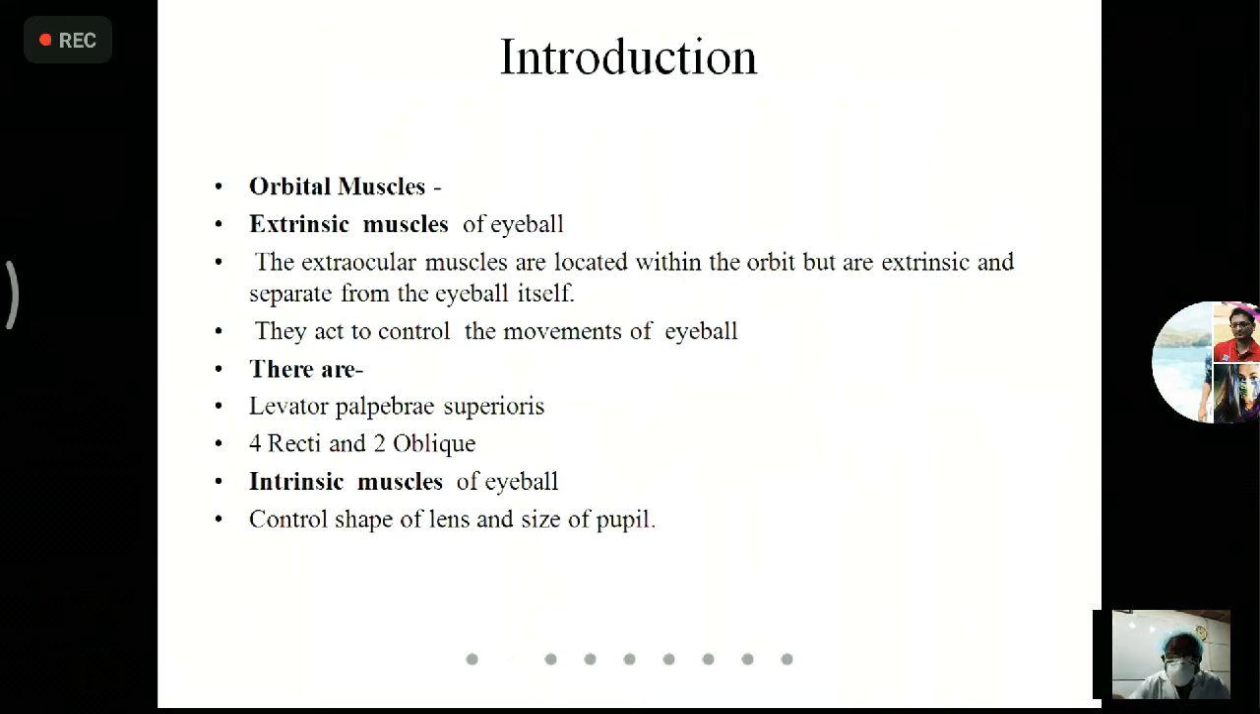Our introduction is a little bit of talk about the orbital muscles. There are two types of muscle: the extrinsic muscle and the intrinsic muscle. Both muscles are responsible for different activities. Extrinsic muscle, that is the extraocular muscles, are located within the orbit, but are extrinsic